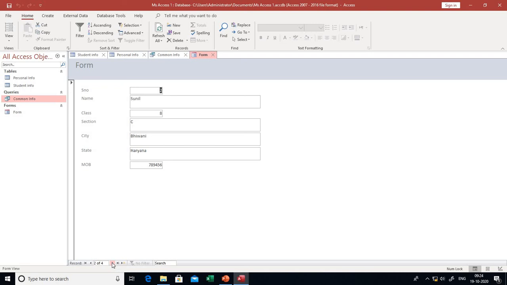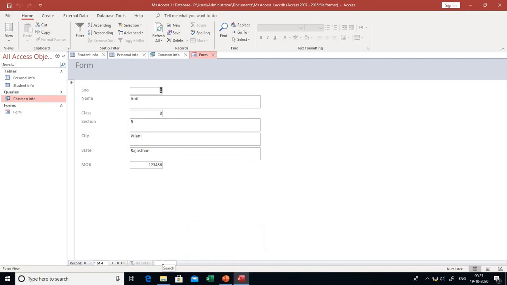For example, the second record will be visible, third record, fourth record. And if I want to check the previous record, we can go through this button. Previous record will be visible. Clear?